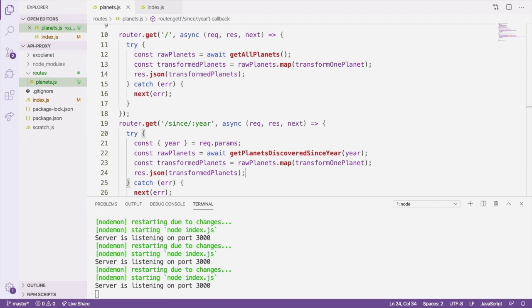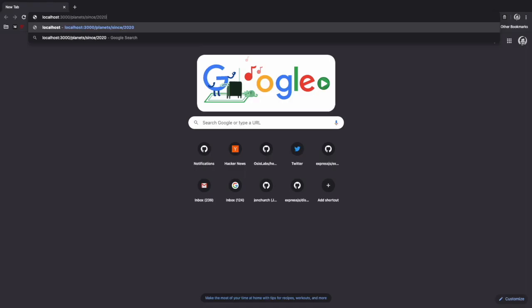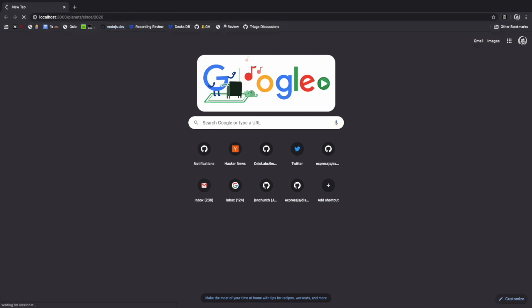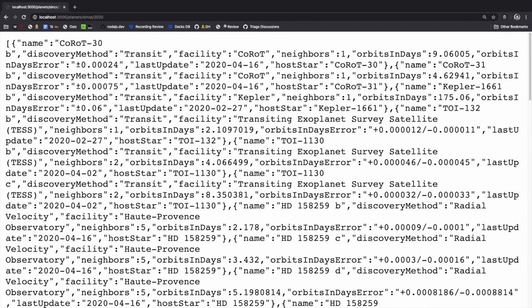After saving the file, visit localhost:3000/planets/since/2020 to see all planets discovered since 2020. Again, you should see a JSON payload of transformed planet data.